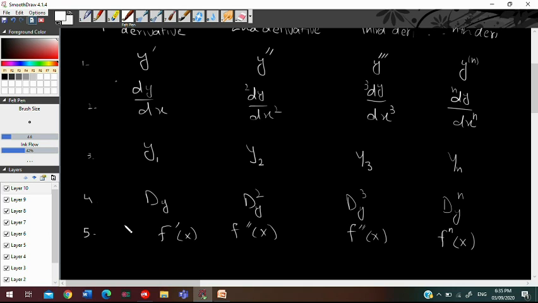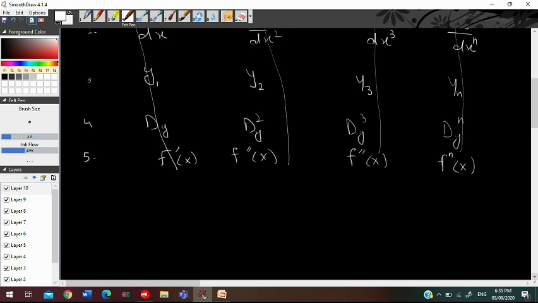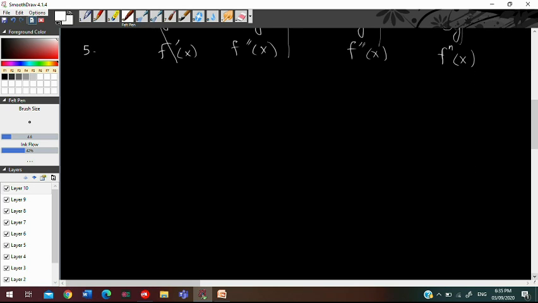Now these are the different forms of derivative. All these 5 different representations represent the same derivative, the first derivative of your function. The other ones represent the second derivative, third derivative, and fourth derivative. So these are the 5 different ways which you can choose to find the derivative of your required function. Now we start our questions.